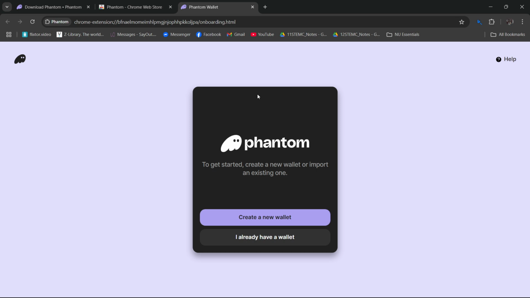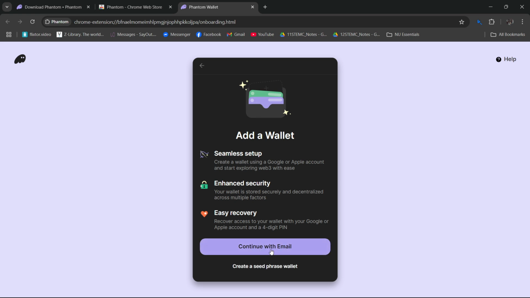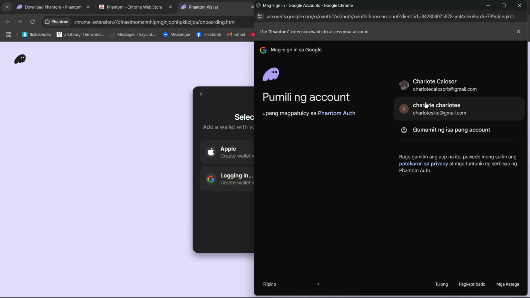And once it is downloaded, it will redirect you to this page. And if you have a current wallet, just click this. But if you don't, just click the Create New Wallet. Try to log in.